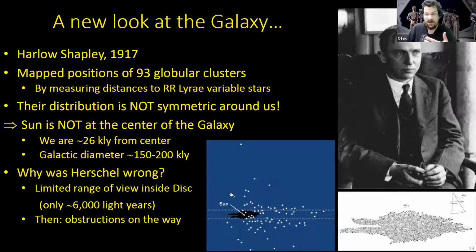Now, when we can see farther, we realize that everything Herschel was plotting, all the stars he was tracing, were really just this little blob. This is his original on the right, and here it is positioned on the left relative to the globular clusters. We can see that he was really tracing a very, very small neighborhood, which he could see at the time, all basically within the local spiral arm, which is far from the galactic center.